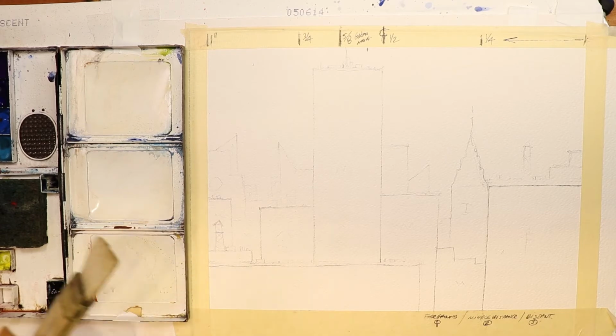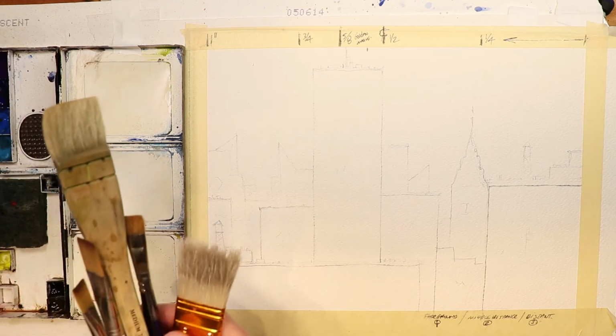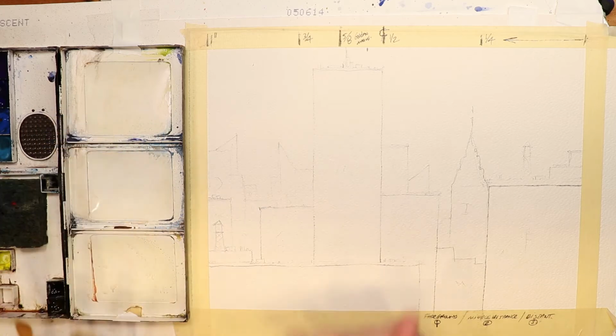Okay, we just took a quick break. Got to take some breaks here and there. Keep your concentration level really keen and strong. Taking breaks is great. You can step back and look at your painting and kind of, before you start in again,